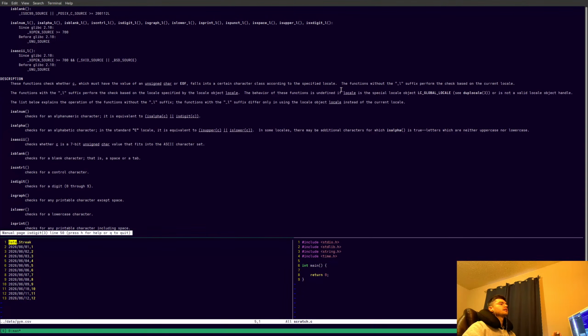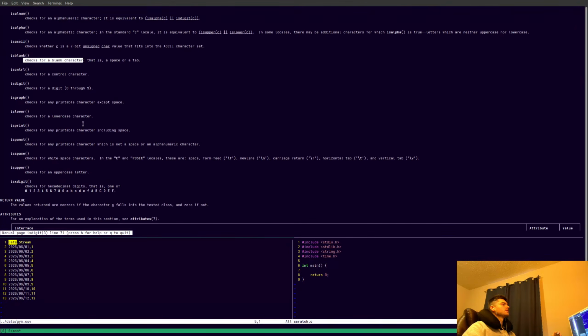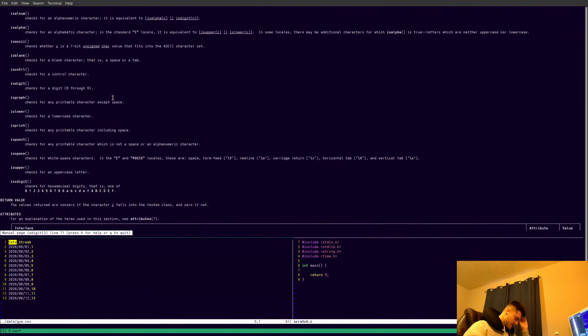What's a certain character class? The function is alpha. Is alphanumeric. What? Checks for blank, and so on. Yeah, so is digit. It's going to be a very interesting